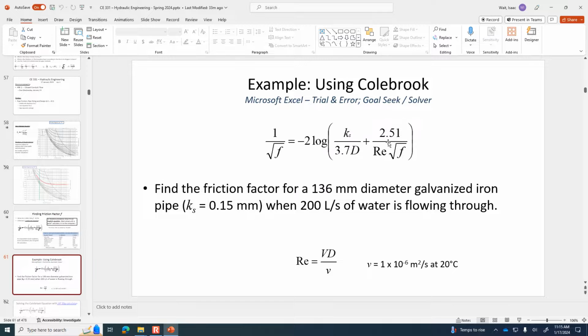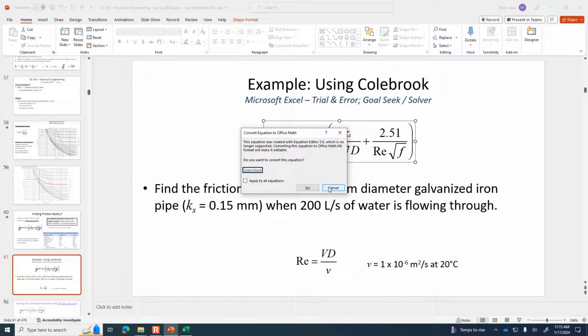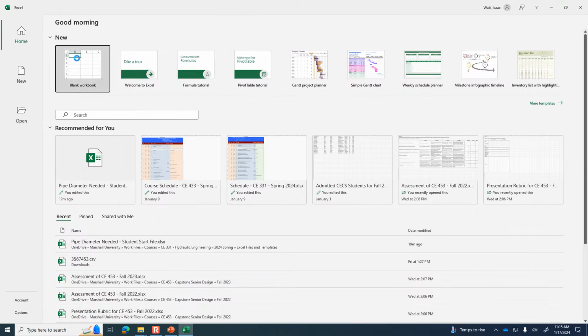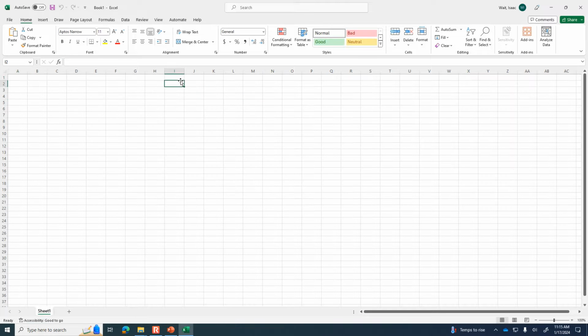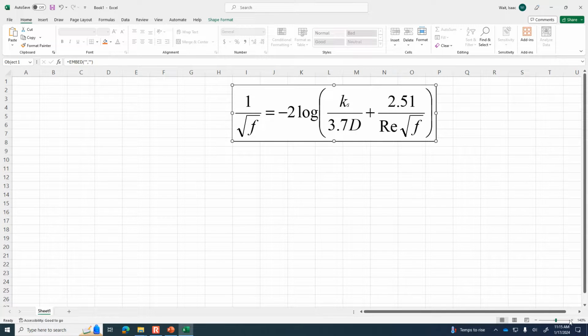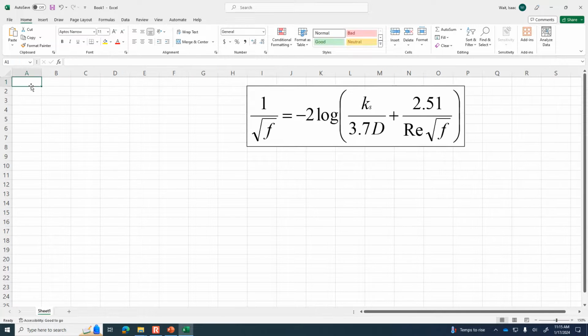I'm going to copy the equation so that I can paste it into my Excel workbook. So I'm just going to paste that so we can look at it as we set things up. So what do we know? We know the pipe's K sub S is 0.15 millimeters. We know the diameter of the pipe is 136 millimeters. And we know the Reynolds number is